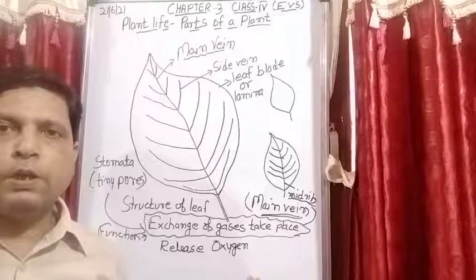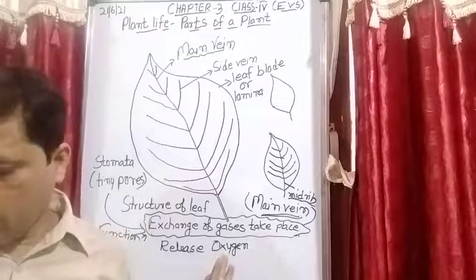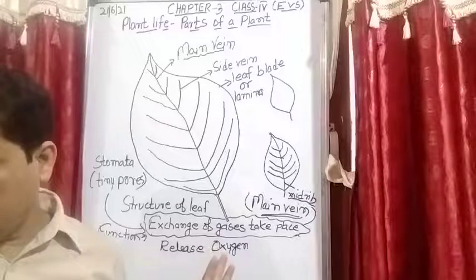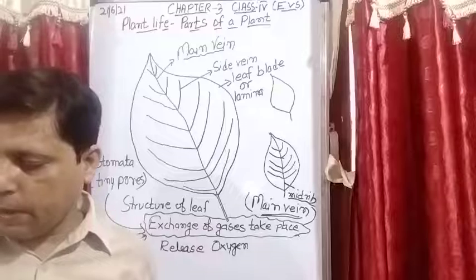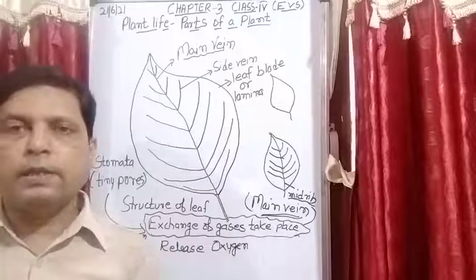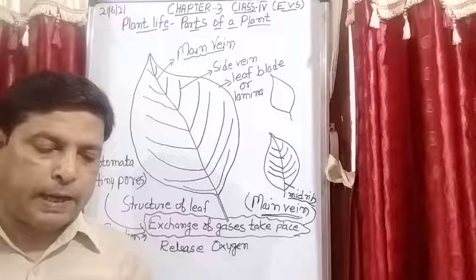So now see, let us understand, okay. The leaf is a thin flat broad and green part of a plant, and this is attached to the branch. Is it clear? This is attached to the